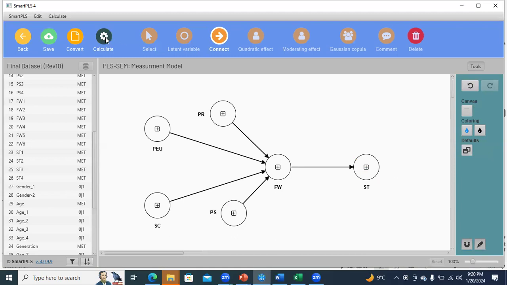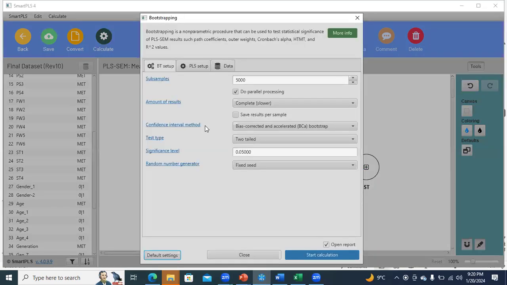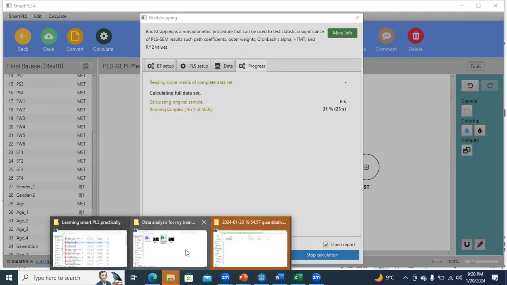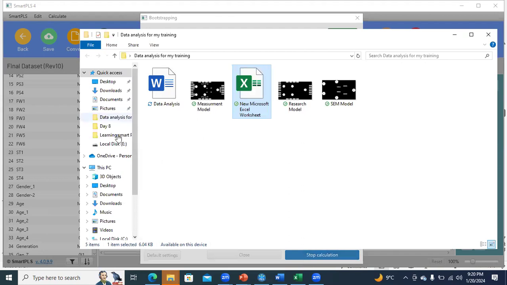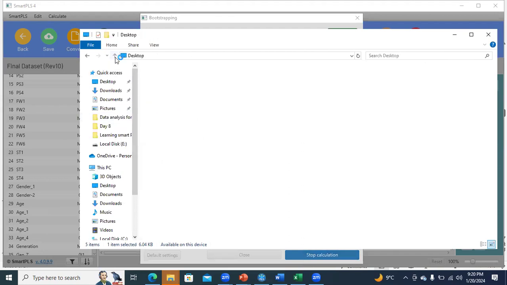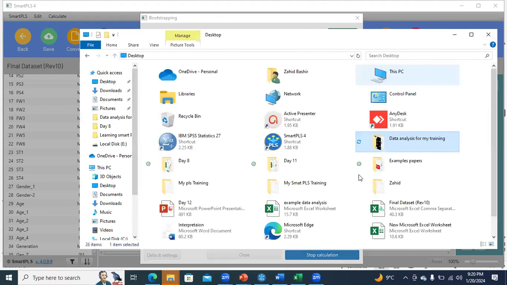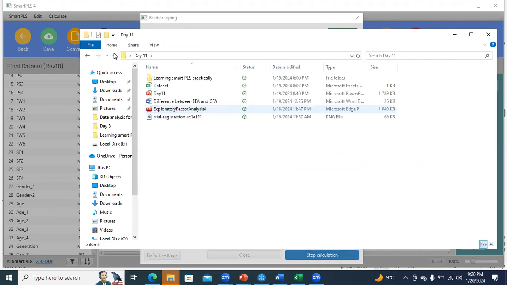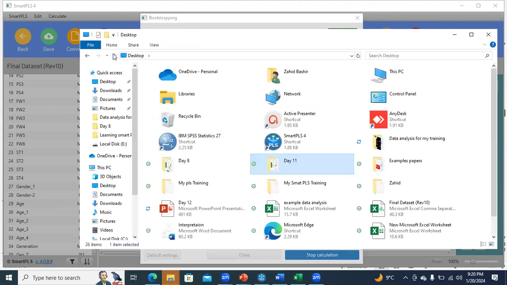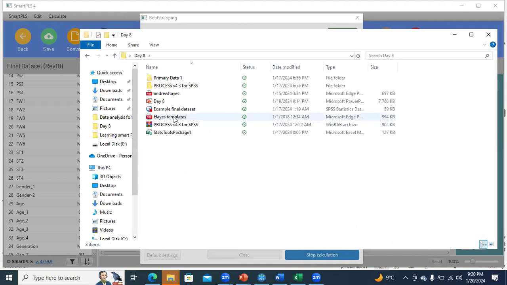So what I need to do is calculate using Bootstrap, because previously I have analyzed the measurement model, so I need not use it again, just start calculation of mediation. However, we can also estimate the mediation analysis using the Hayes process here. We can see here the file for Hayes process. Yes, this is the file of Hayes process. We can use the style of Hayes in this